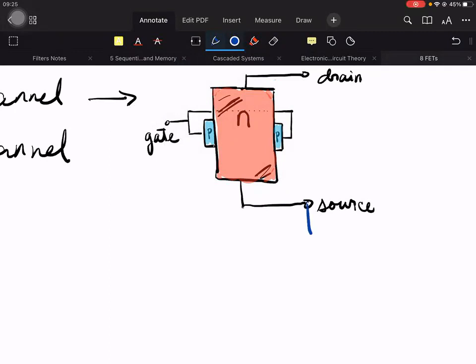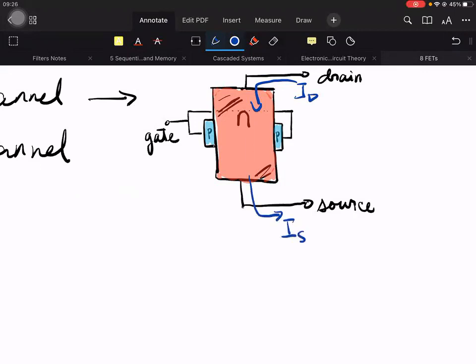it flows downward, right? That is why we do not connect our ground. So the current will flow this way. The same as in the BJT, we'll be following the conventional current flow. So our current will flow from the drain to the source. We'll call this one, just to differentiate,